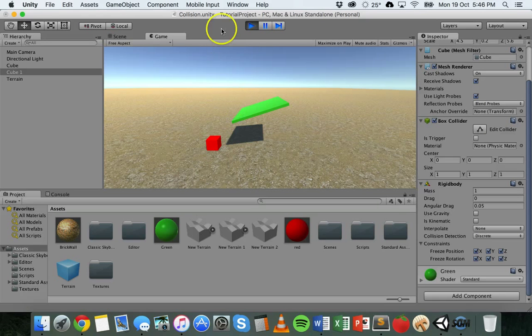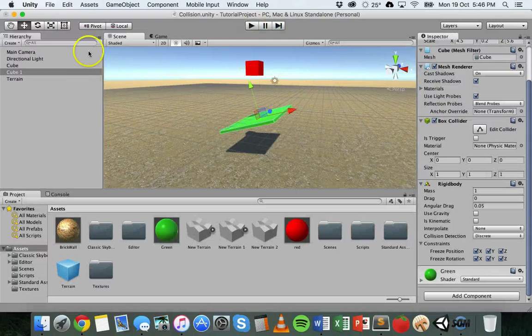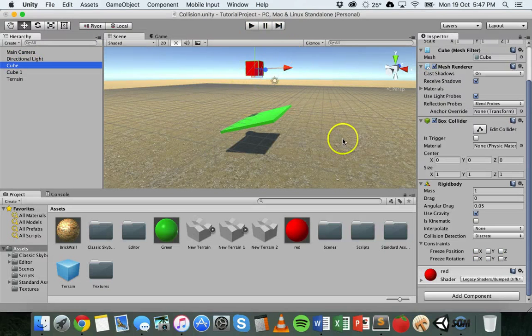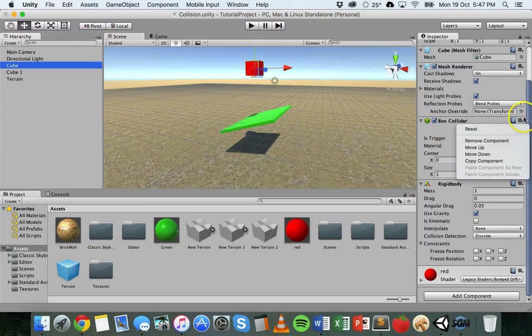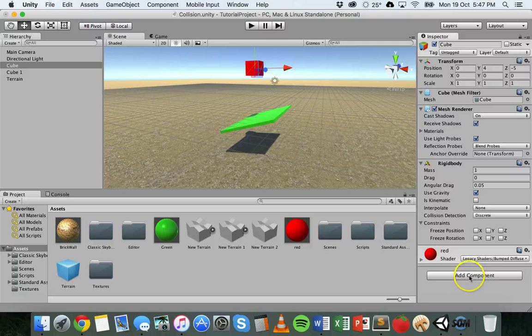Okay, what I'm going to do now, just to change that up a little bit, is I'm going to go to the top cube, this red one. All right, I'm going to change the collider. So where I've got this box collider, which is the default one that came with it, I'm actually going to remove it. So you can just click on that little settings cog there next to box collider, click on remove component, and then we're going to add a collider again,